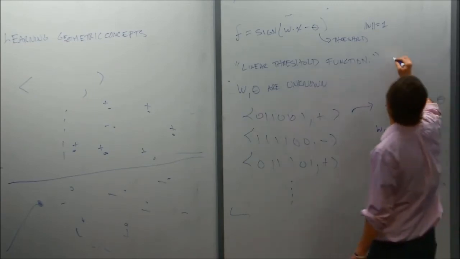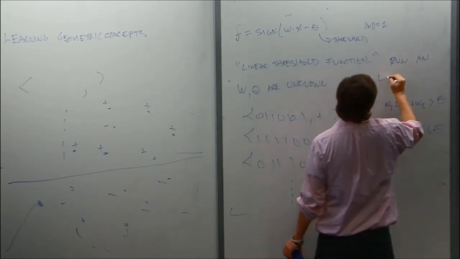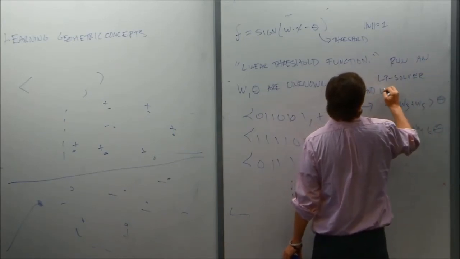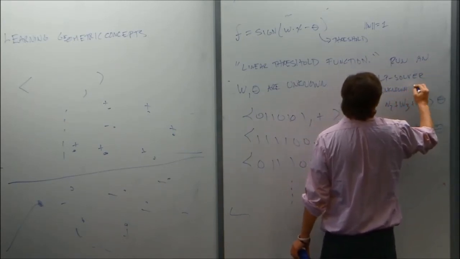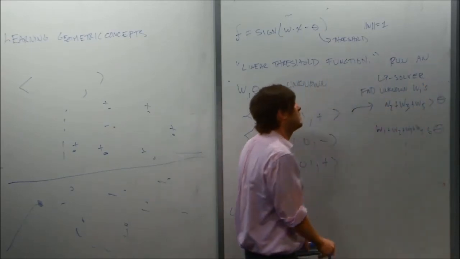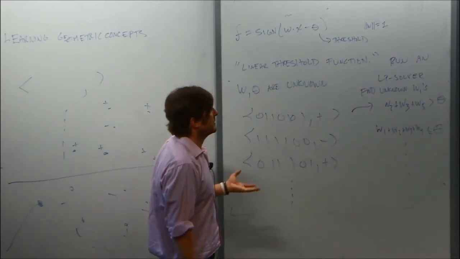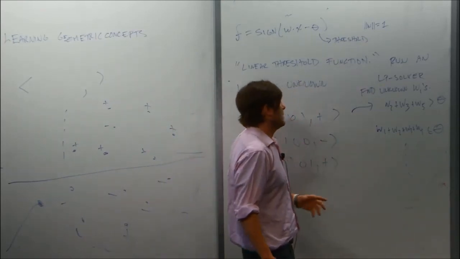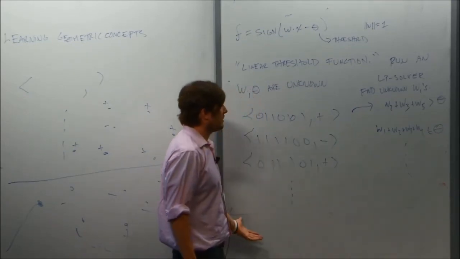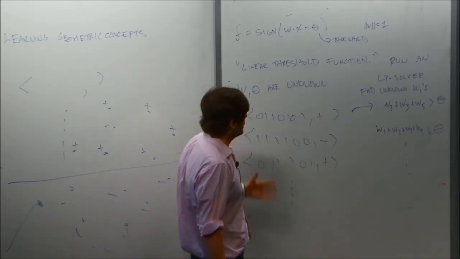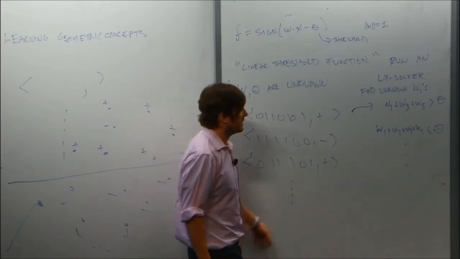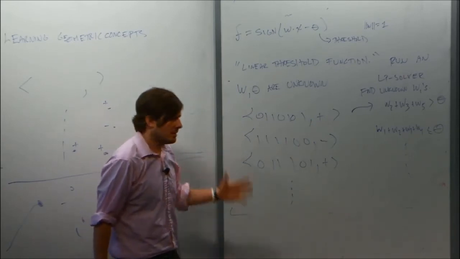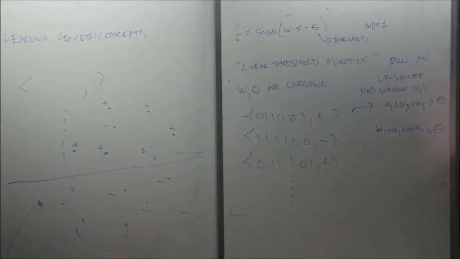And then I can run an LP solver, find the unknown wi's. There's a polynomial time algorithm for solving a linear program. So in polynomial time, I will find a set of wi's that's consistent with all of my data. And as I said on day one, if you take a sufficiently large set of examples and you find a consistent hypothesis, then you will have learned the concept. Okay, so it's not too difficult.